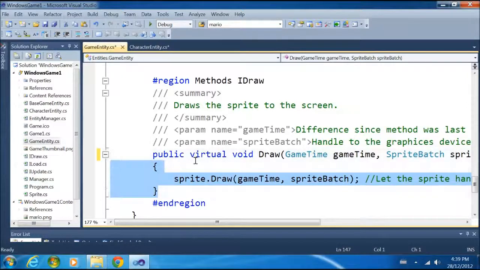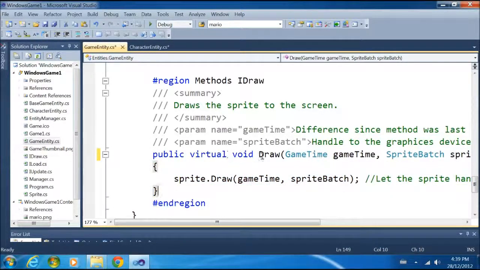So now abstract basically means there's no body and you are required to override it at some point. If your class is abstract, you don't necessarily have to override the abstract method. However, any class that's not abstract, you do have to override it. So what I'm saying is character entity,